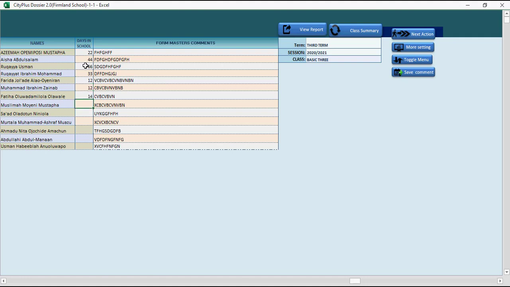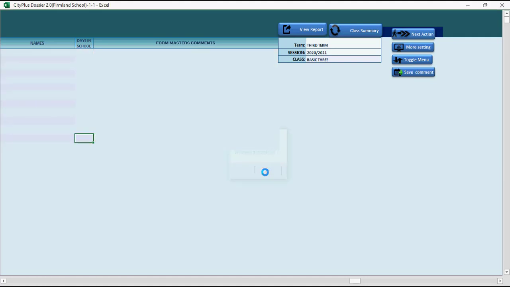I'm just putting numbers to enable us to save, because if we don't fill this in, we may not be able to save. For example, let me try to save this. Process complete. Okay, we save that. That has been done. We can go back to